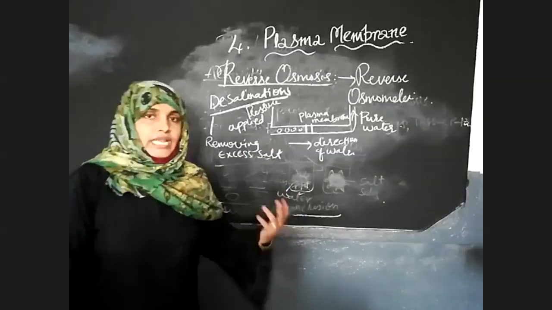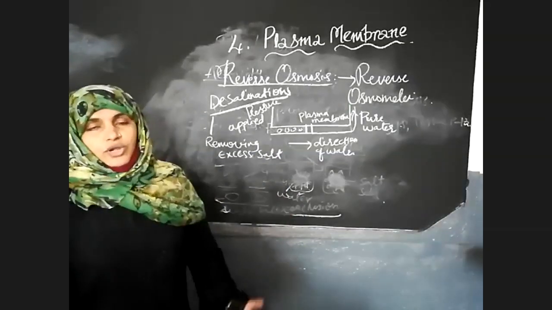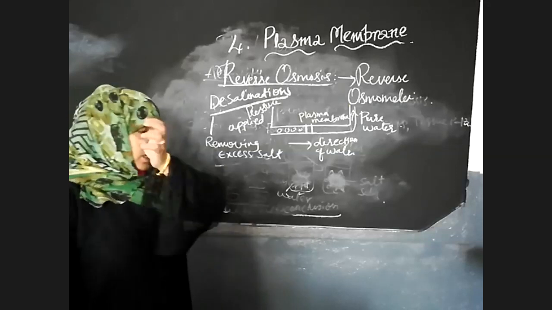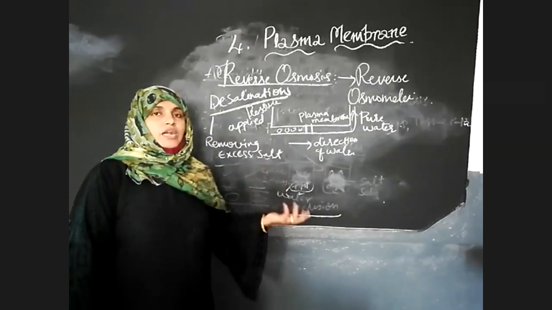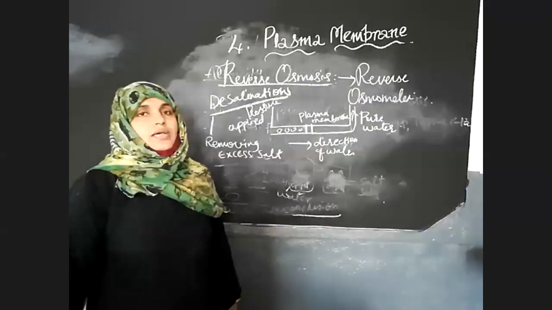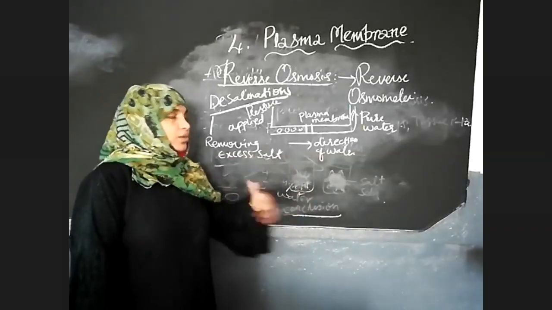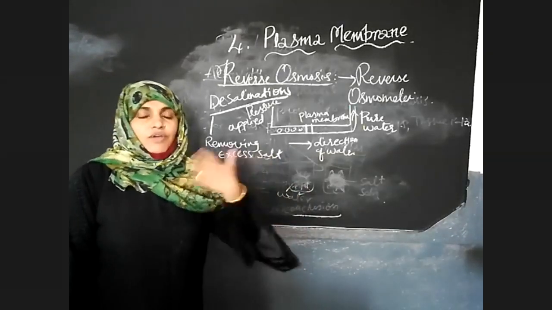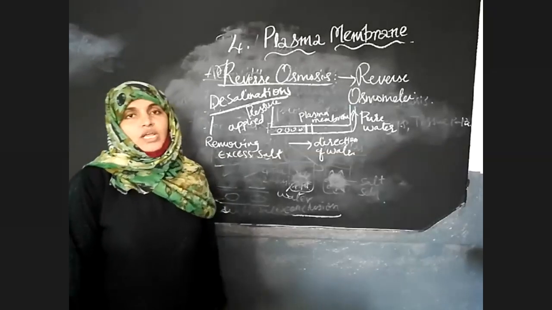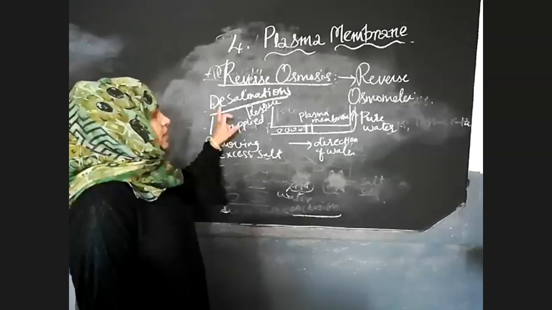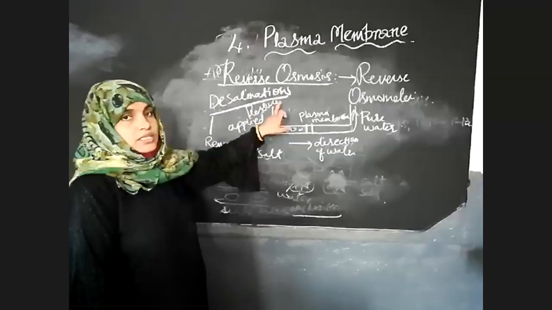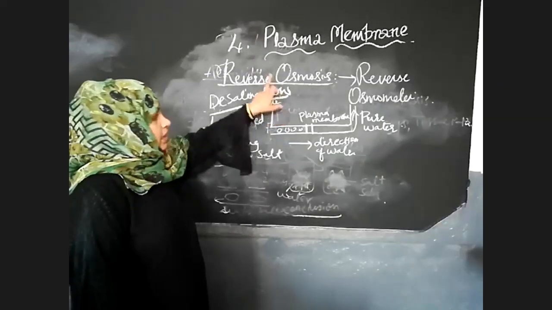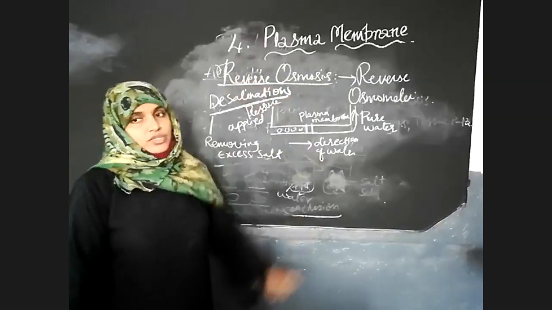So how do we do the desalination process? The majority of the earth is covered with water, but that water is not very useful for us. So we have to remove the excess amount of salt from it for our fresh use. Fresh water, we call it. That process is called the desalination process, and the mechanism followed there is the reverse osmosis process.